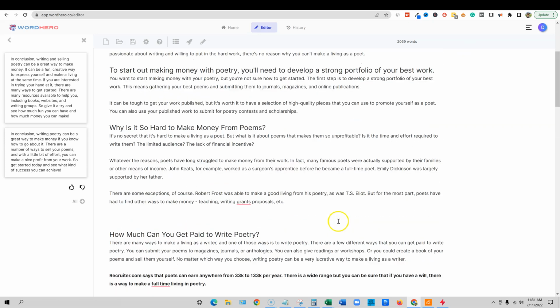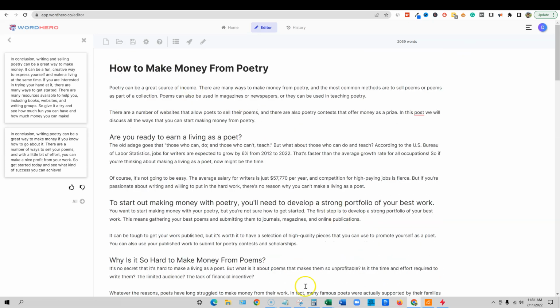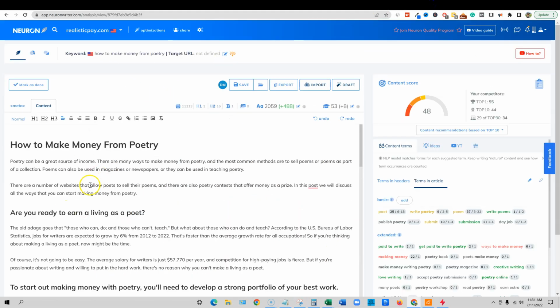And there's no sense in doing it twice. So just copy all this over. I'd actually just leave this as a rough draft and just copy it over after it writes it into Neuronwriter and then do all the formatting inside of Neuronwriter. That is just something I noticed as I was doing this that I would recommend to you guys: just write the content in WordHero, copy and paste it in over here to Neuronwriter, and then inside